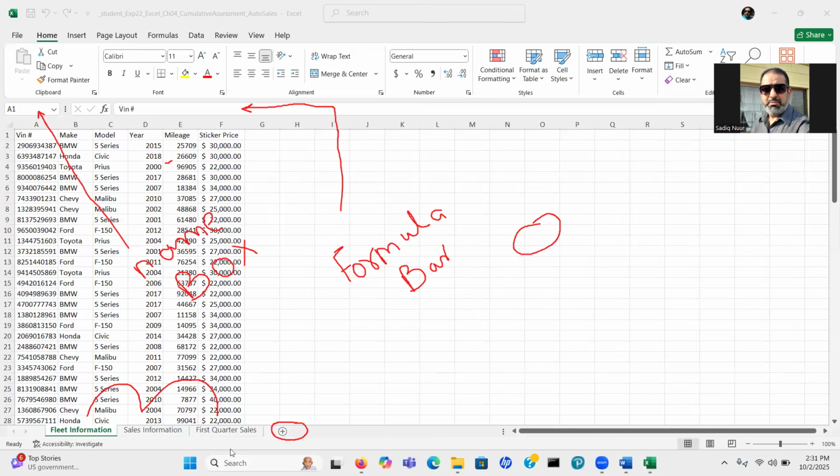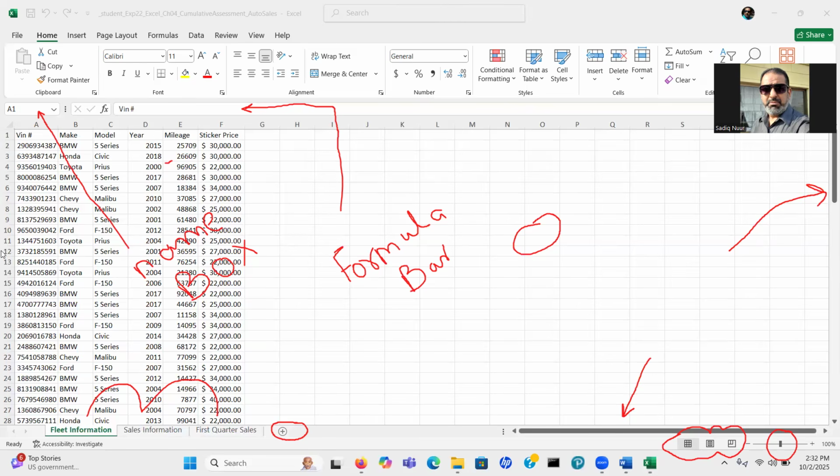Now, below the sheet tab is your status bar. It tells you Excel is ready, and if there's any issue with the accessibility. Then we also have the views: normal view, layout view, and all these options here. The magnifier is to zoom your worksheet, right? So now the view is 100%. Then we have the scroll bar if you want to move horizontally and if you want to move vertically, right?